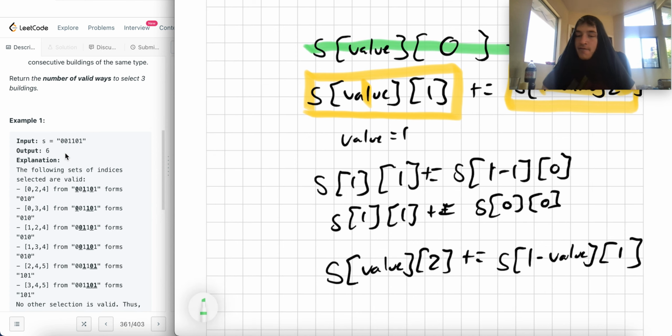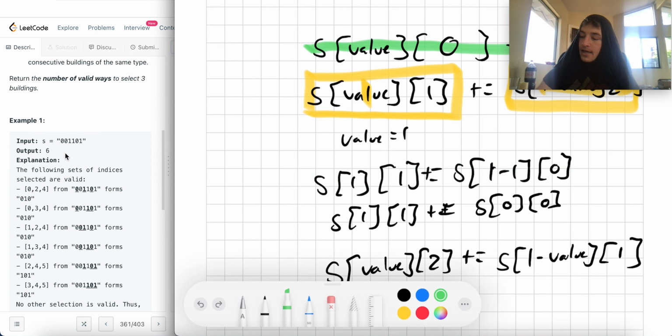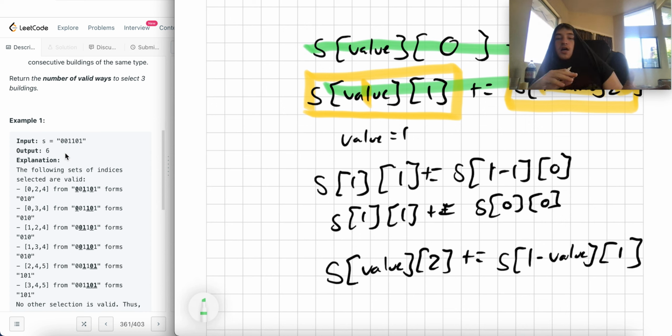We have an equation where every time you see a value, it's a candidate to be the first node in a length 3 path. Every time you see a value, if there's a node of the opposite value, right, then that node's value is